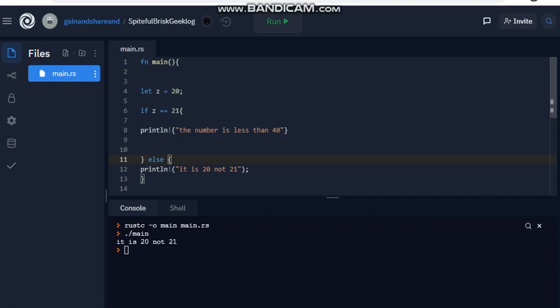I'd like to say one thing: instead of using the curly brackets, you can also use round brackets. Let's remove these curly brackets and mention the round brackets itself.